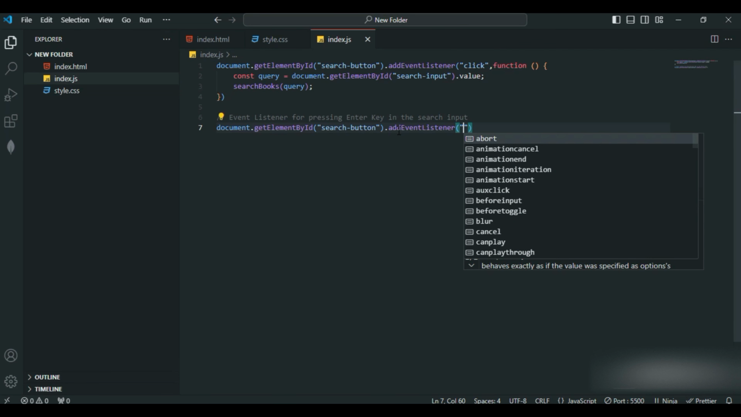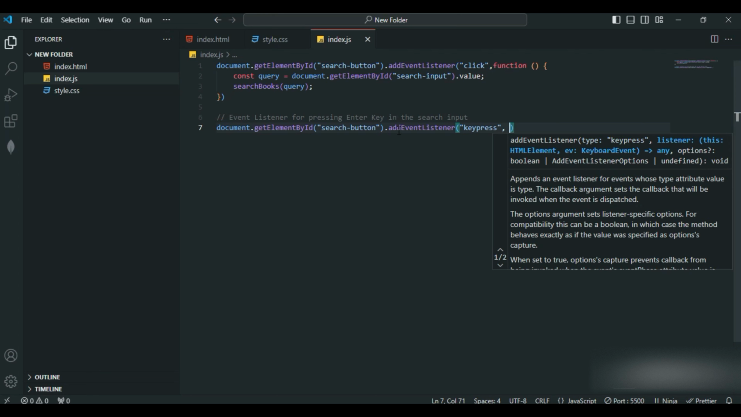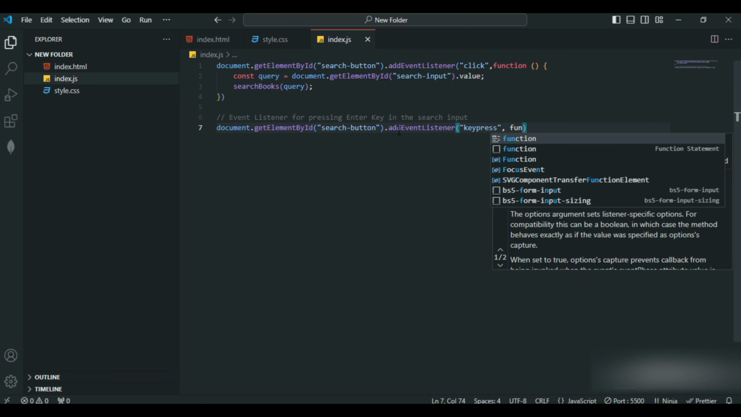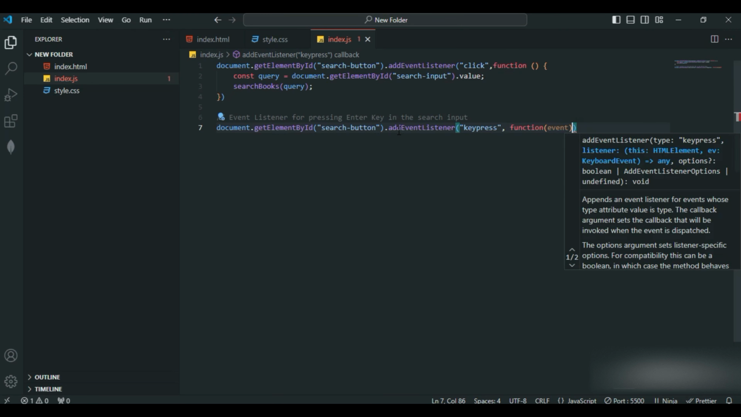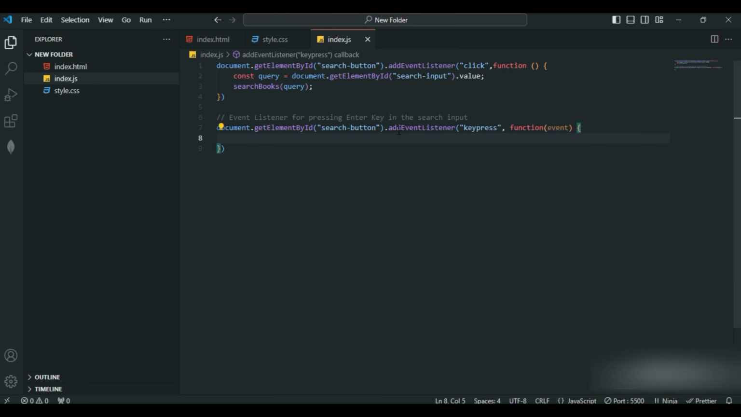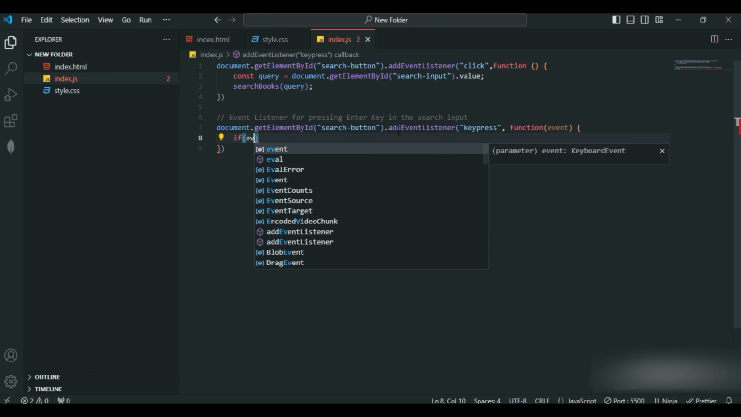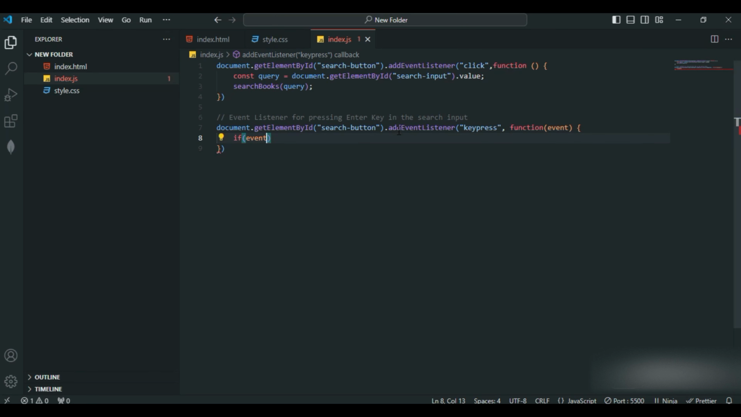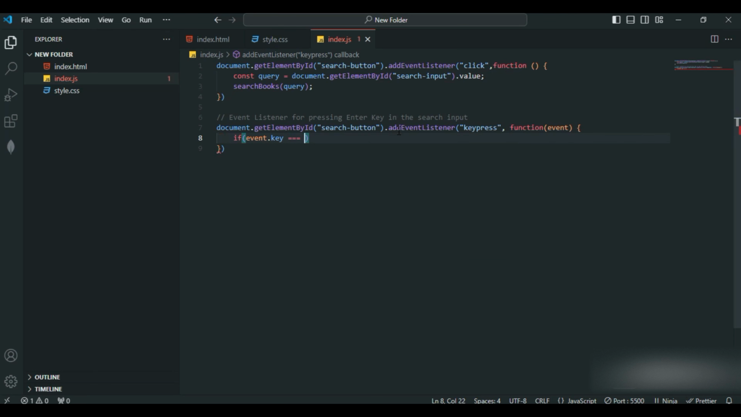This time instead of click, we'll add keypress, right? Let's call the function. Again, within the function, let's pass the parameter event. So I'll just make use of the if condition. When we press the key, enter,